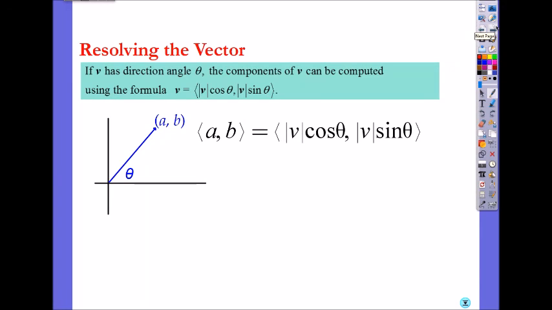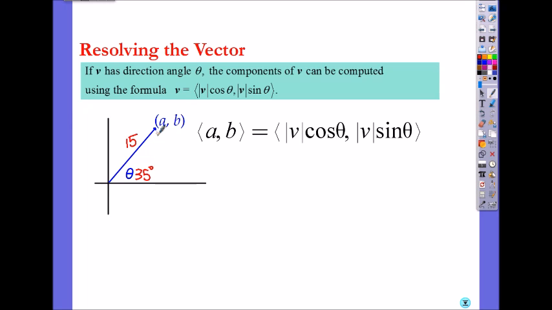How do you resolve a vector? Resolving a vector means when they give you a magnitude and direction, they want you to find the x component and y component and put it in component form. So, for example, if I have a magnitude of 15 and an angle of 35 degrees, what you're doing is you're